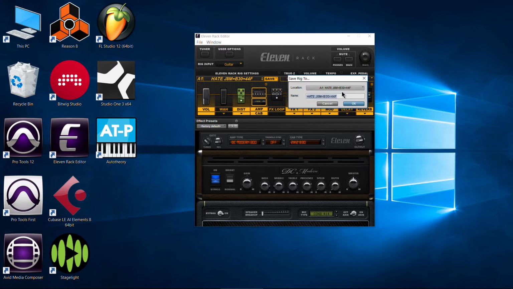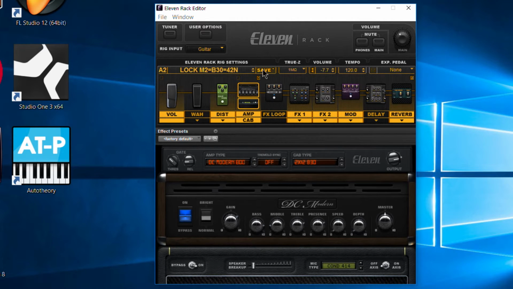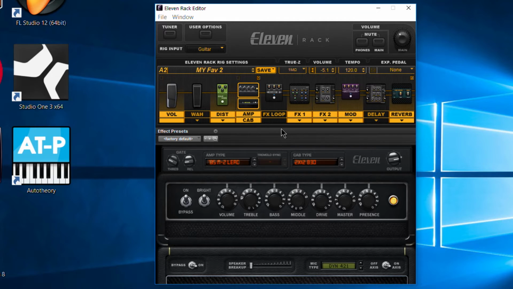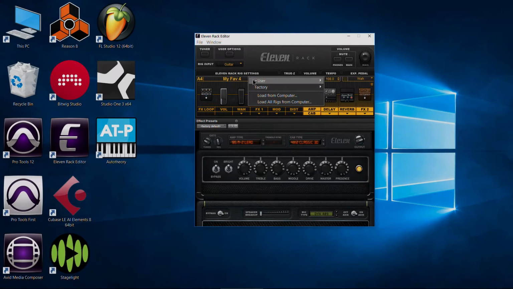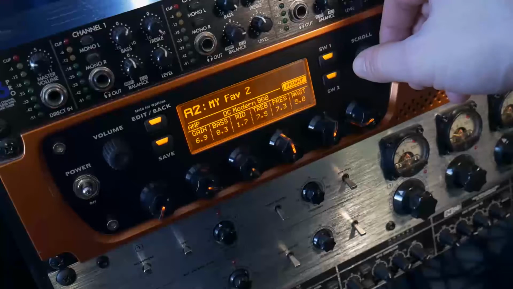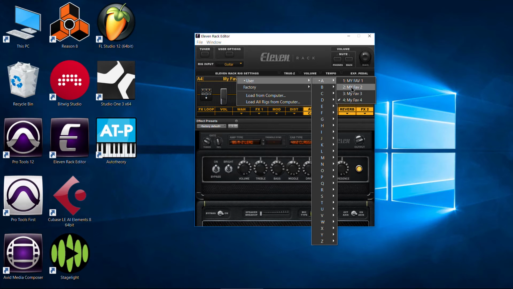Let's go in here, save to 11 rack. And maybe this is your favorites, right? So my fave 1, put it on A1. Okay. 2, save it to 11 rack. Call this my fave 2. Okay. And do the rest of these here. Okay. So now we have our favorites, and these 4 banks are our favorites in this example, meaning we never